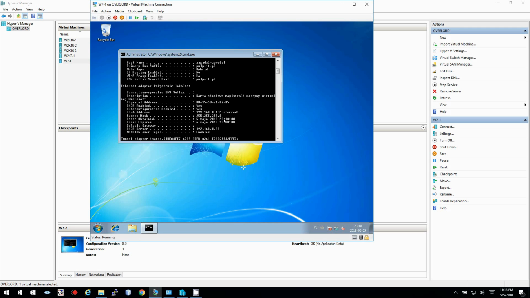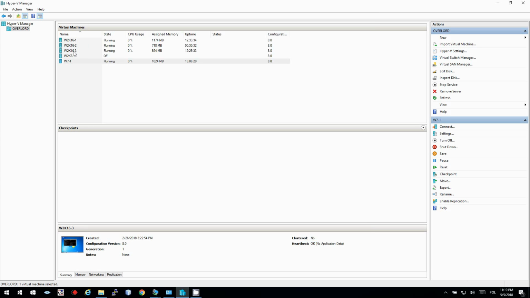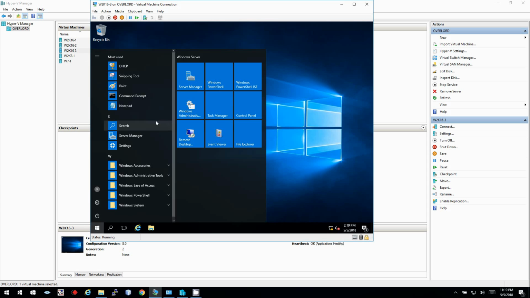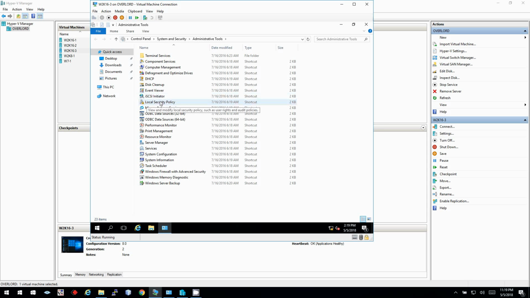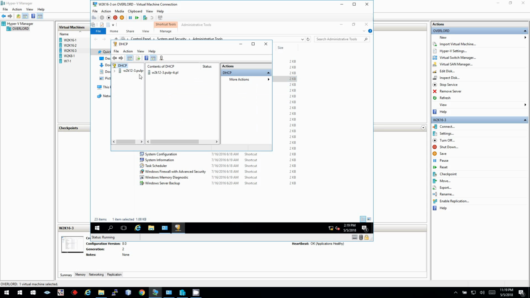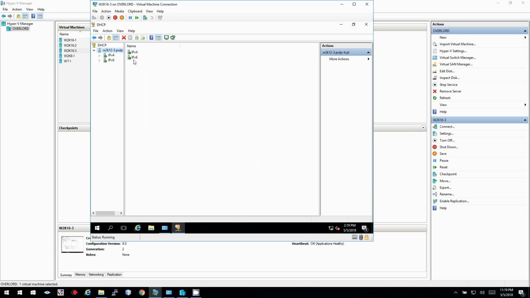Definitely should be somewhere here. DHCP server, okay, 192.168.0.53 because it's the third one. Okay, so we've got it here. Okay, so let's go back to our server right now. Third one. Let's go back to our DHCP console once more, and to check what we're gonna see here